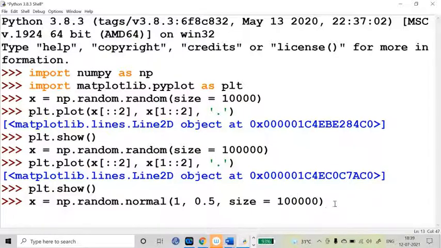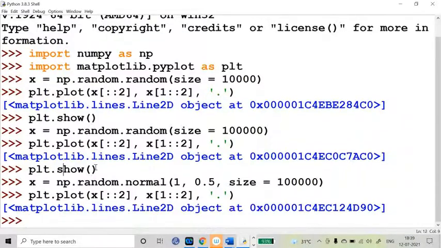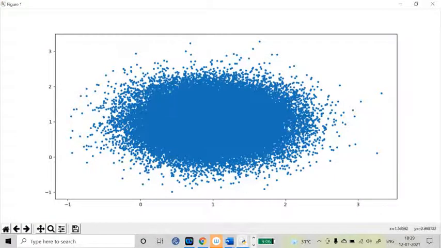If you do the same exercise for normal random numbers taken from a normal distribution, you see how it looks. Okay, so here you see it's the signature of a normal distribution. That means inside there is a high density. It's a reminiscence of the peak of the distribution, because at the center it is